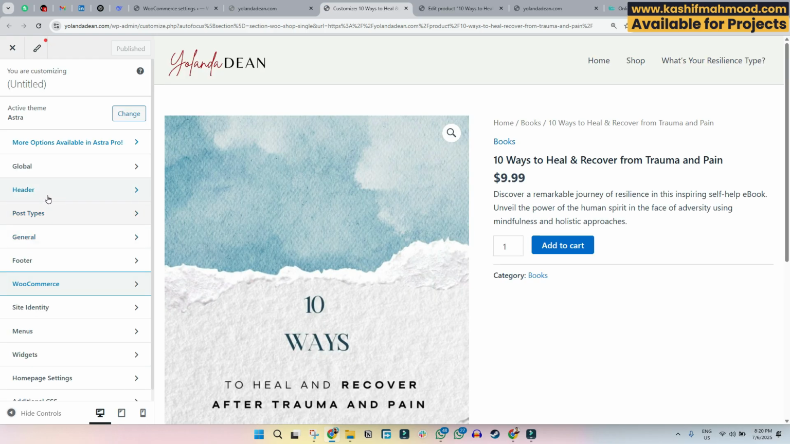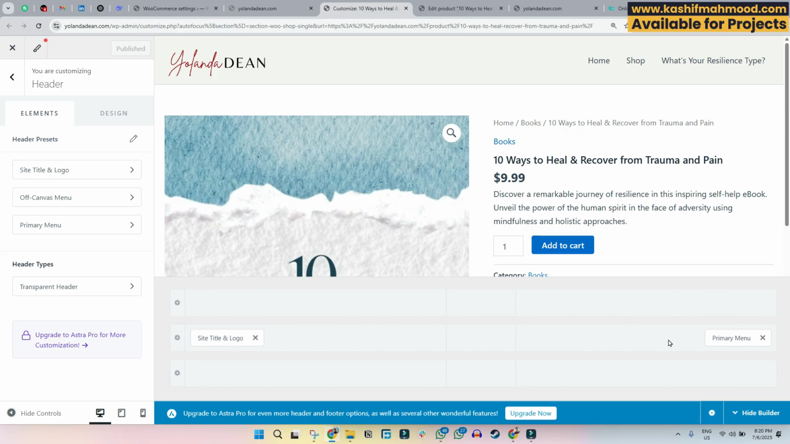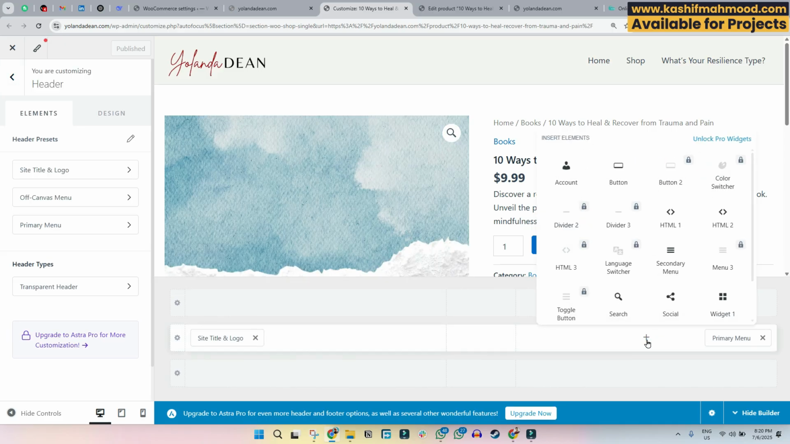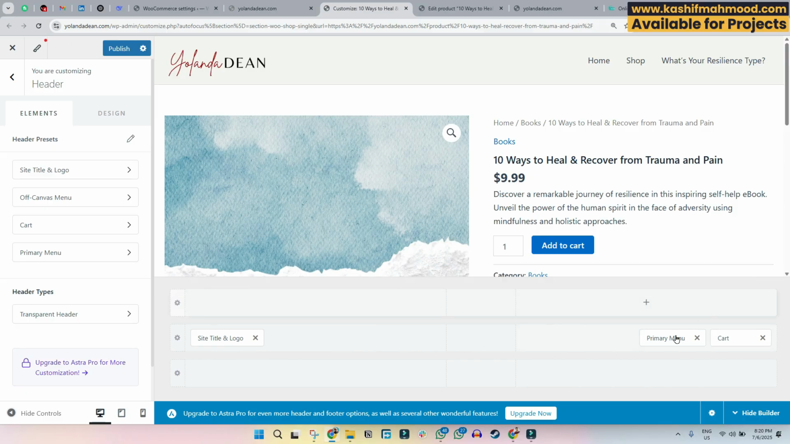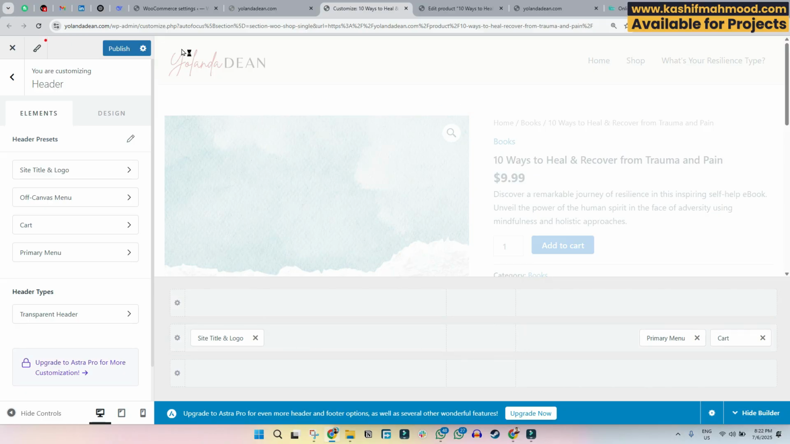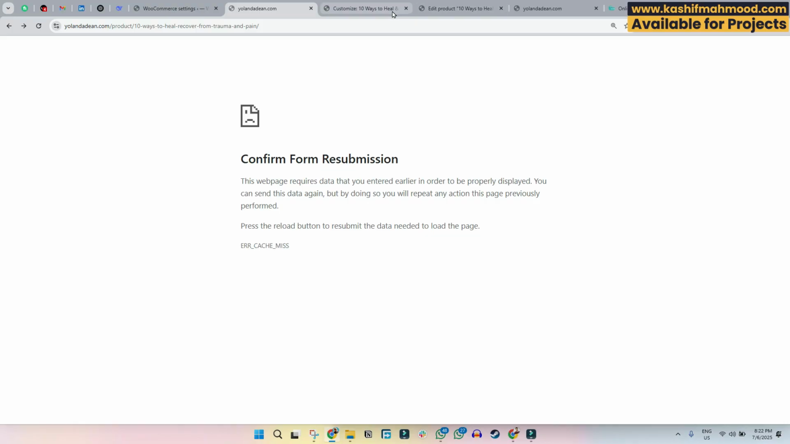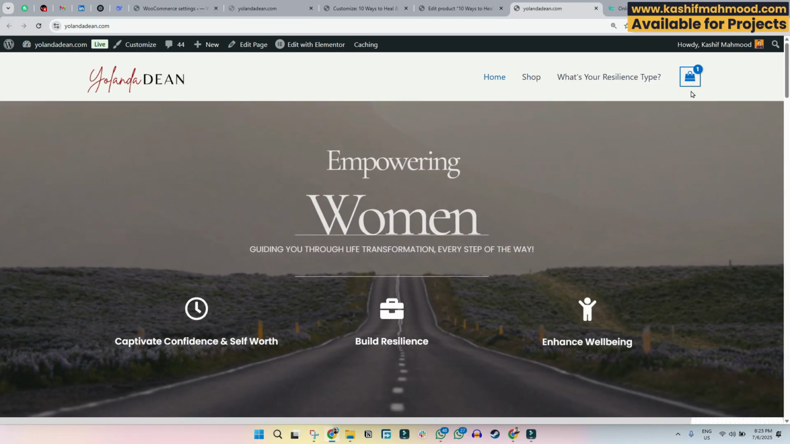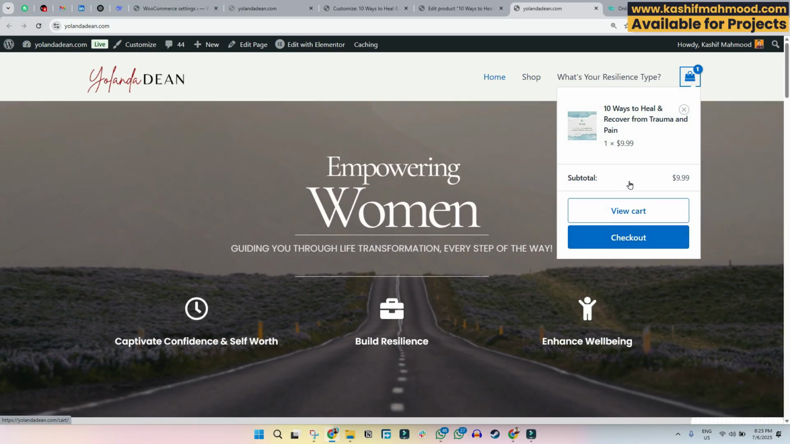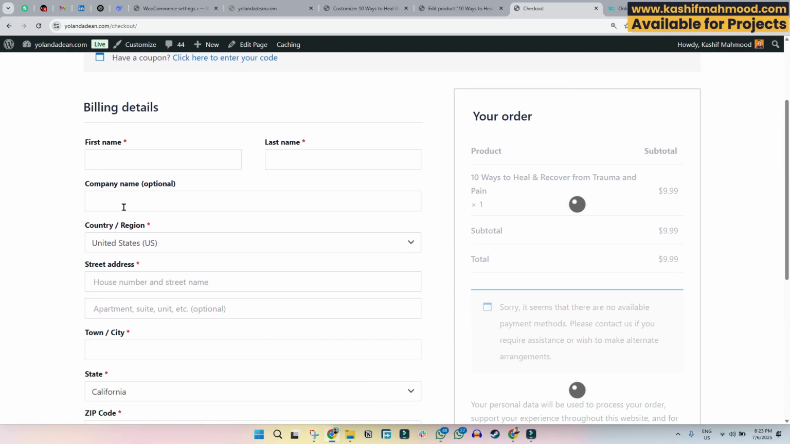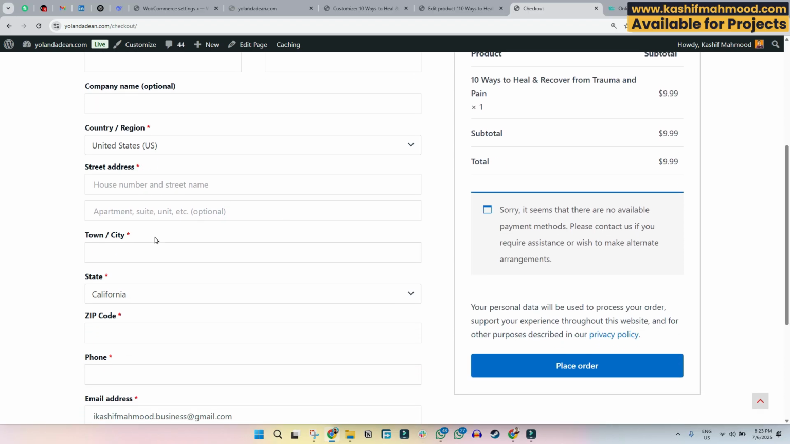Here we will have to go to the header, and here we have the header customizer. We will click on this plus button, and here we will see the cart item. You can add it. So once added, you can click on publish. Go back to the website, click on refresh. So as you can see, the cart is added as well, and the product we added to the cart is now showing. So user can click on checkout, and here you can see the user can add the billing information